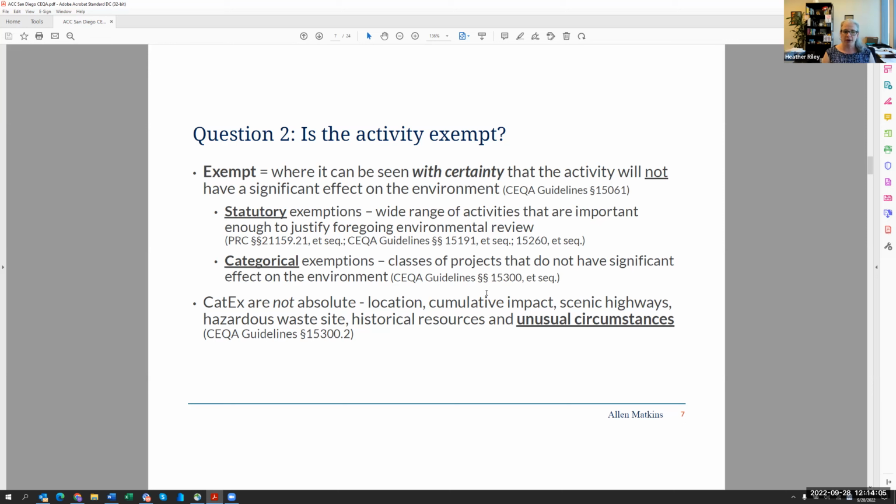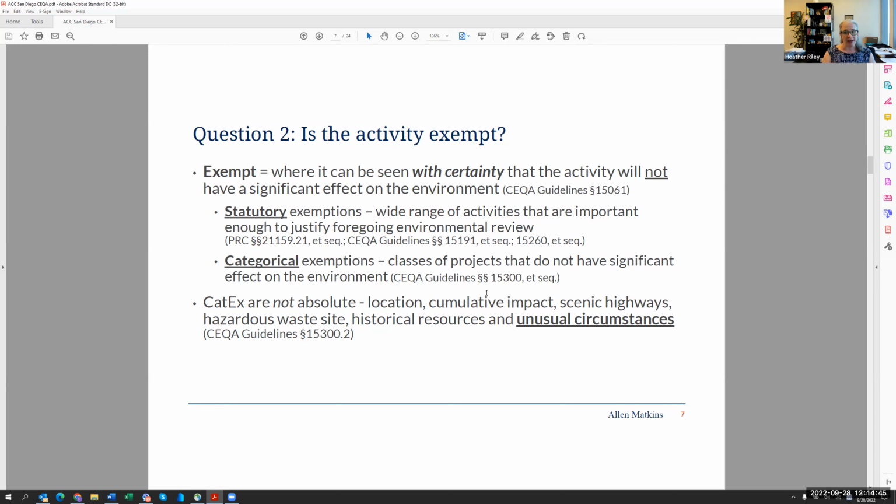Categorical are those that are bigger boxes, but a bunch of stuff can fit in them. They're not project specific or idea specific. Categorical can include, the county wants to put a whole bunch of new parking meters all along the length of Pacific Highway. Well, that could be a categorical exclusion because those individual pieces are not really going to harm the environment, and collectively, cumulatively, they're also not going to harm the environment. You can show that, you can explain that. Categorical also includes small tenant improvements, single family homes often fit in there, and there are some infill exclusions, exemptions that we can talk about later.